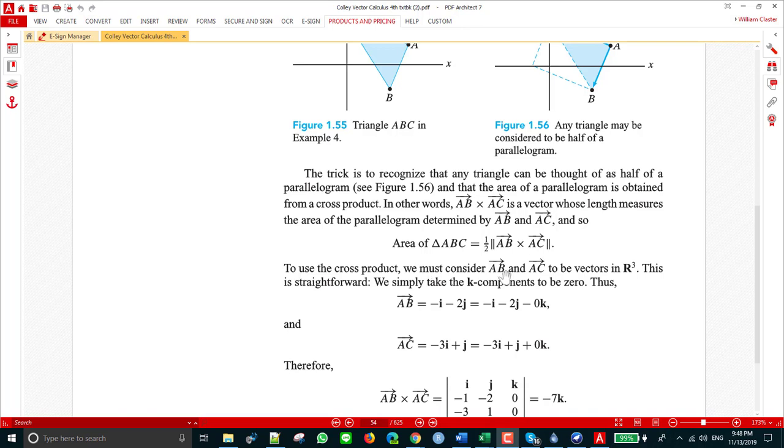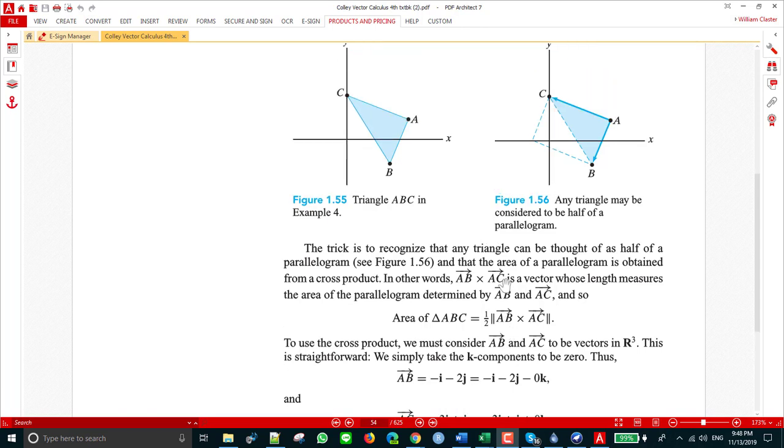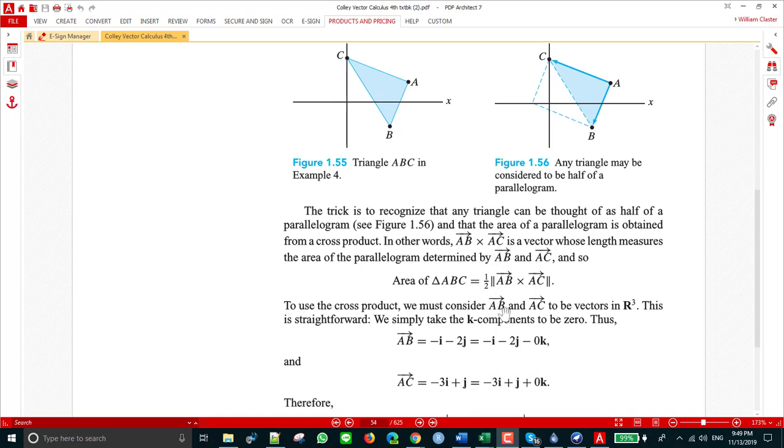To compute the cross product, we have to think of AB as a vector in R3, because to do cross product, our vectors have to be in R3. So for AB, they say just imagine that the K component is 0. So AB is, I guess, minus I minus 2J, but we can add in the minus 0K as well. And then AC, we can also imagine in